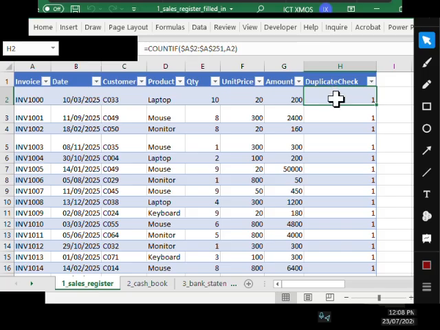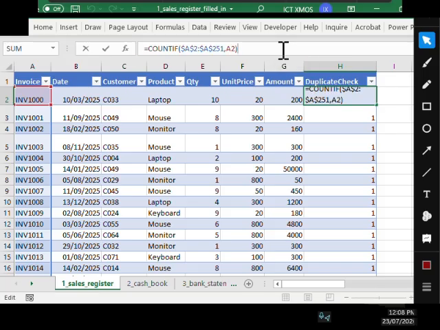And below that Duplicate check, you enter the formula COUNTIF. COUNTIF is our function to find out the duplicates. What you are saying is that COUNTIF in this column you can find this item. Now it may sound confusing, but if you look at it, it's saying